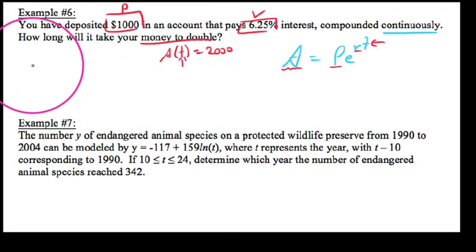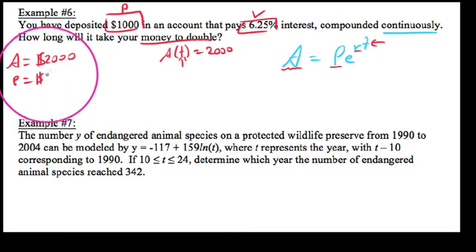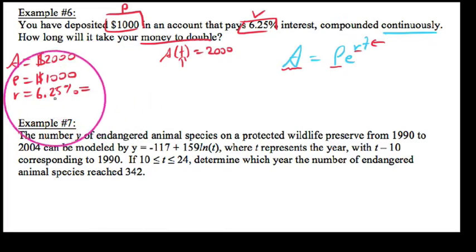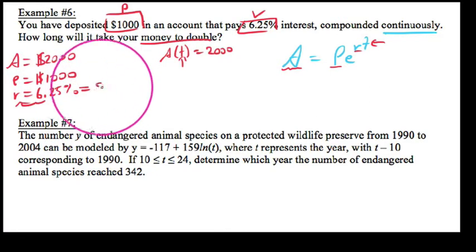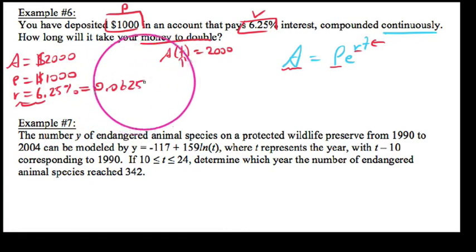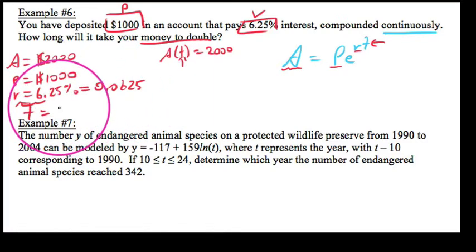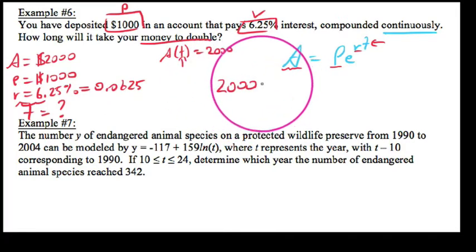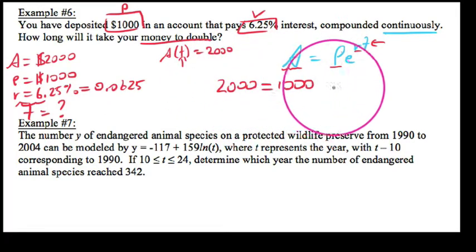So what we'll do is we'll set this up. We say capital A, we want to be $2,000. The principal investment is $1,000. The rate is 6.25%, which we are going to write as 0.0625. We have to write it as a decimal. And then we don't know the time. So setting this model up, we get $2,000 is equal to $1,000 times the base e